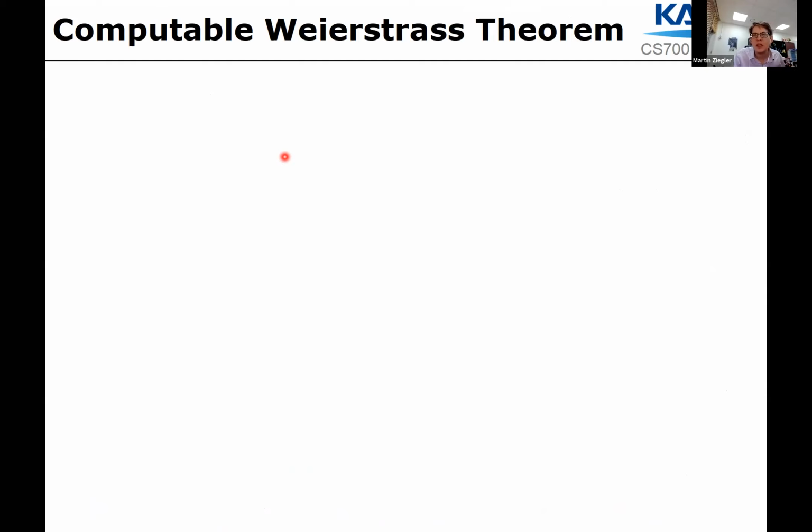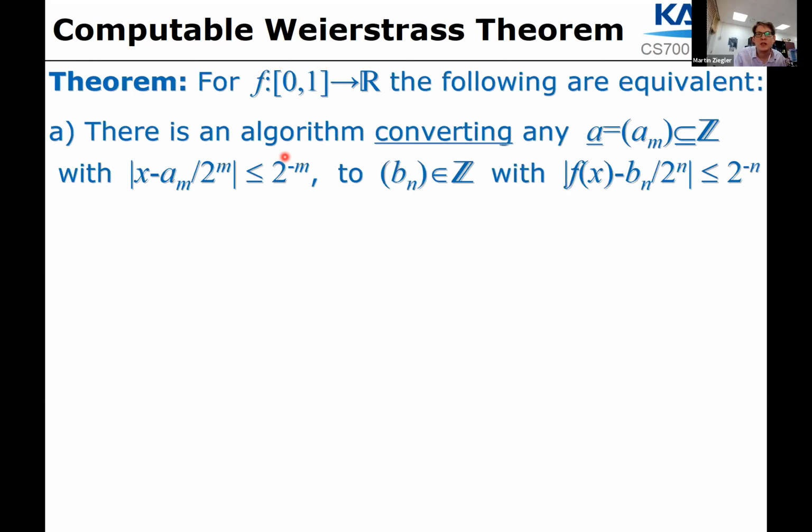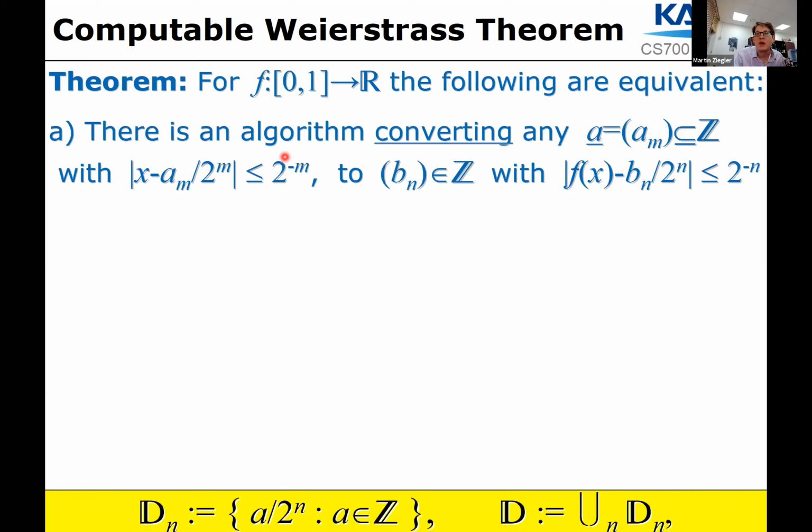And according to Weierstrass, every continuous function on a compact domain can admit such uniform approximation by a polynomial sequence. And the computable version says that this is also true for a computable sequence of polynomials with, let's say, dyadic rational coefficients. And this gave rise to our second